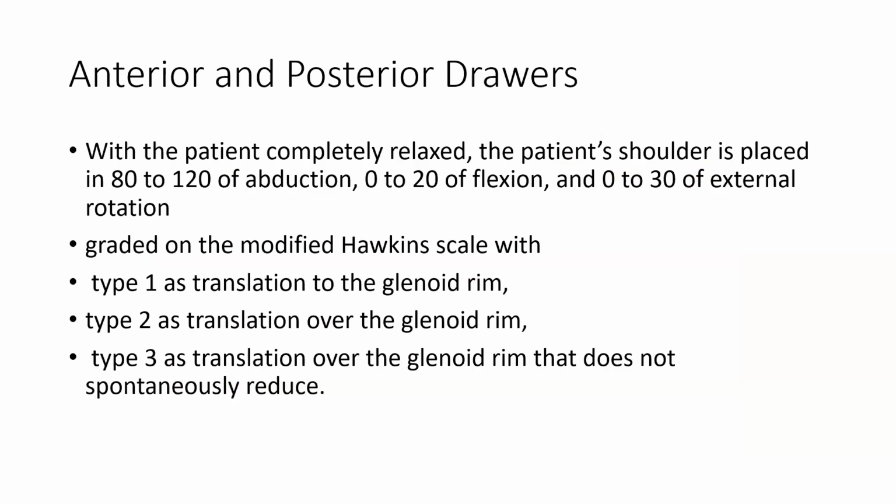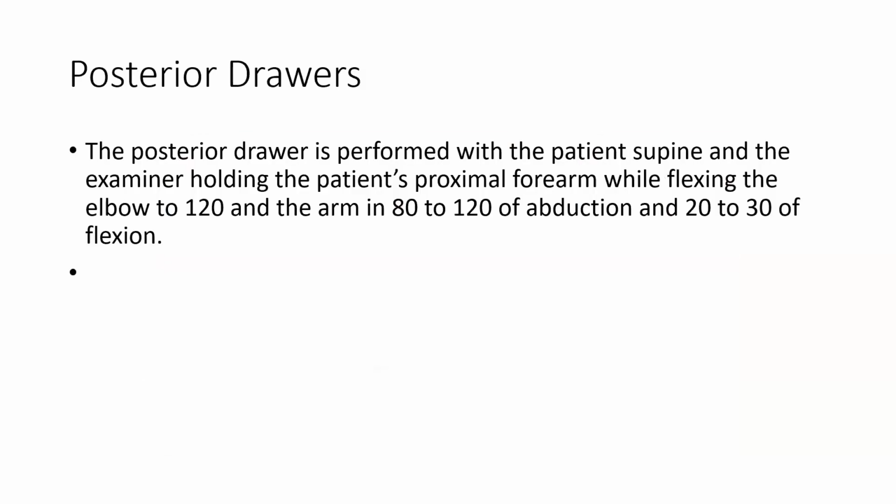Then for grading, in type 1, the translation is up to the glenoid rim. Type 2, it translates over the glenoid rim, and in type 3, the translation is over the glenoid rim and does not spontaneously reduce. Next is the posterior drawer test, performed with the patient supine, the examiner holding the patient's proximal